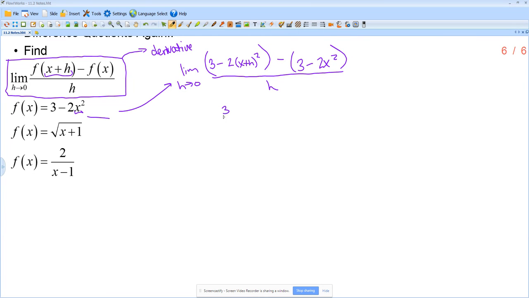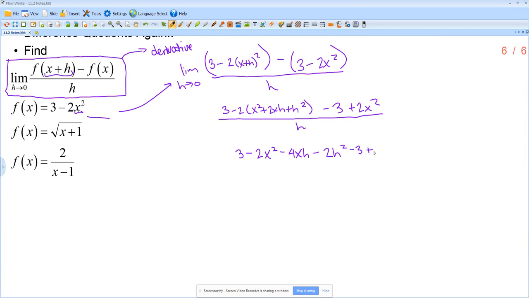That becomes 3 minus 2 times x squared plus 2xh plus h squared. Whoop, that's not a squared. Minus, and I'll just distribute this negative. So negative 3, positive 2x squared. And this is all over h. Now I'll distribute this negative 2. 3 minus 2x squared minus 4xh minus 2h squared minus 3 plus 2x squared